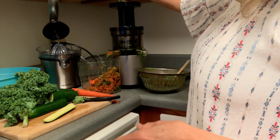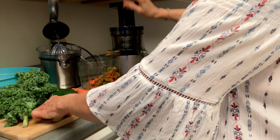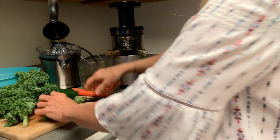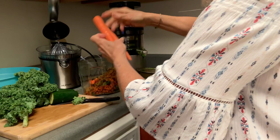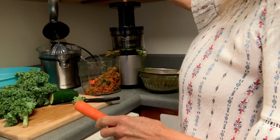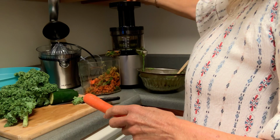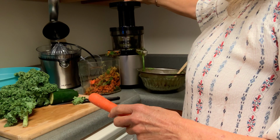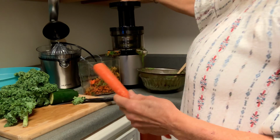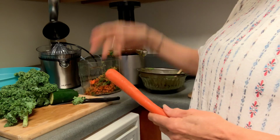I'll drop some in, just stem and all. Stick the stem in there. And then alternate it with some more cucumber, and then maybe put a carrot in there. You kind of got to go slow so it doesn't lock up on you. And I prefer to get carrots that have the greens on top because I juice them too,